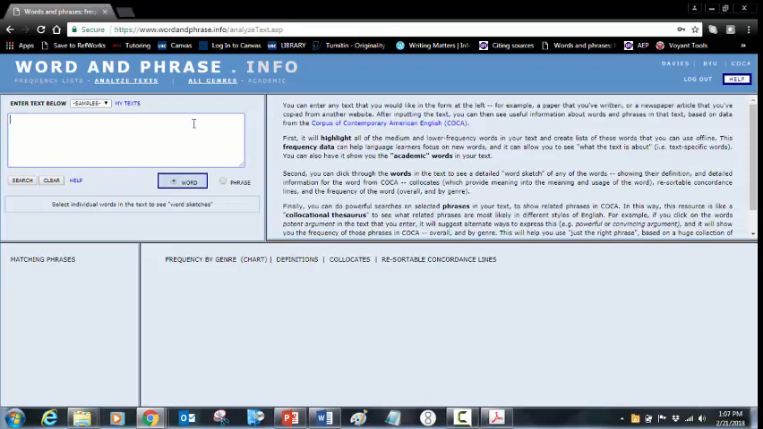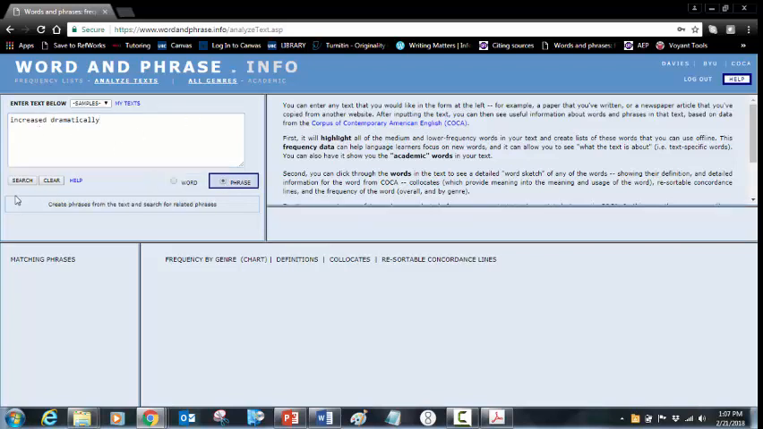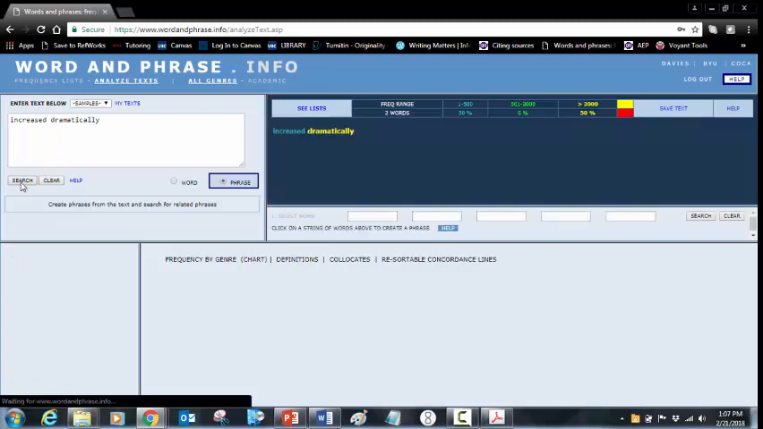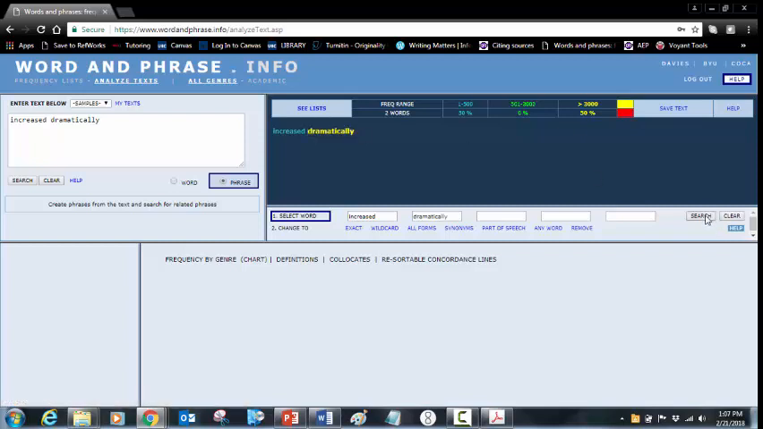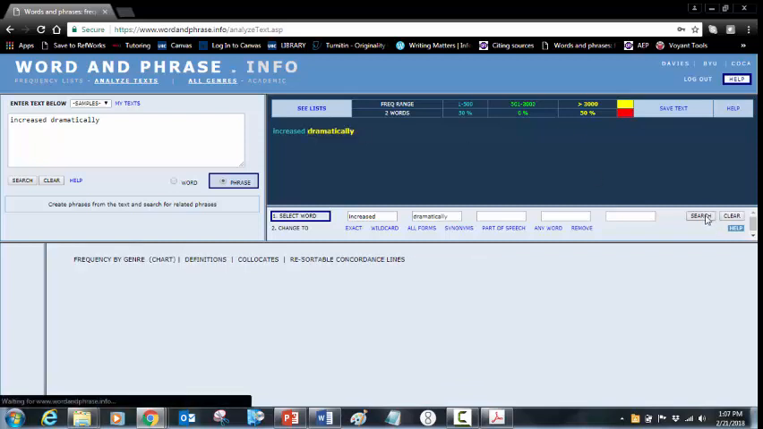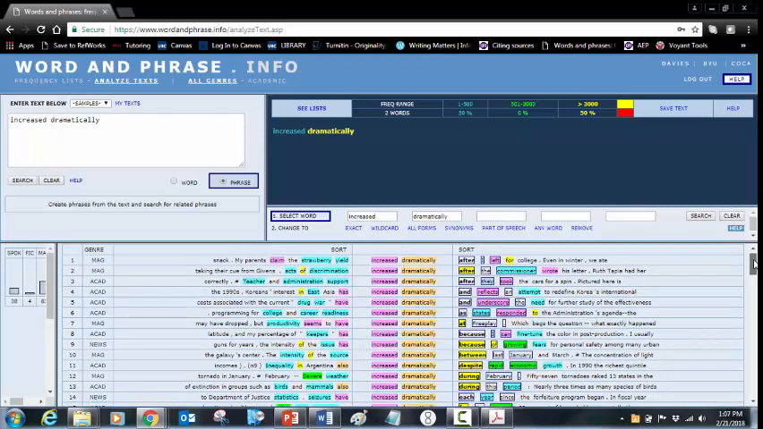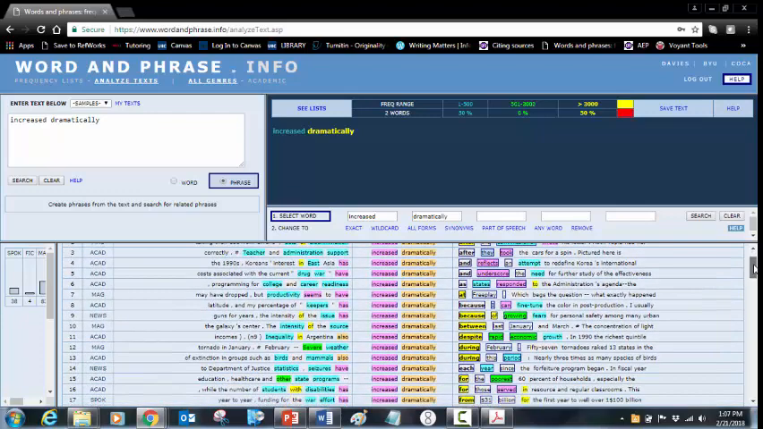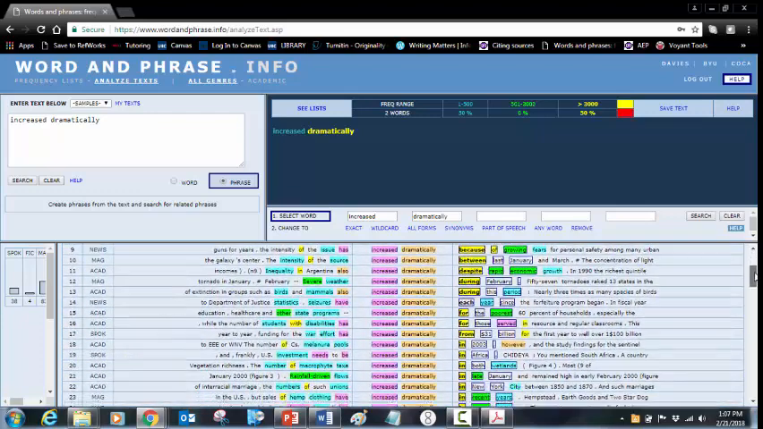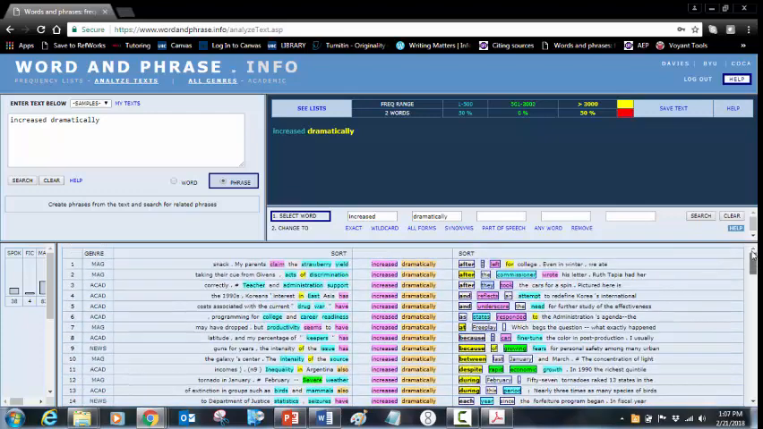And I'm going to put in my "increase dramatically," and I want to search it as a phrase. And I search, and I see, okay, "increase dramatically." Do those two words appear together commonly in English in academic writing? And what I'll see when I search is yes, these are all examples of "increase dramatically,"